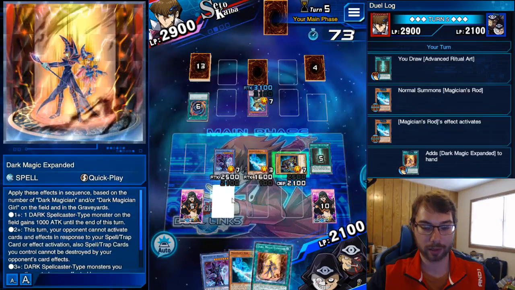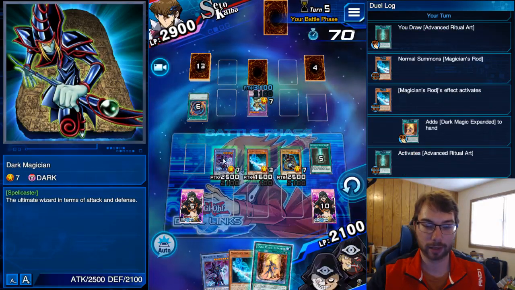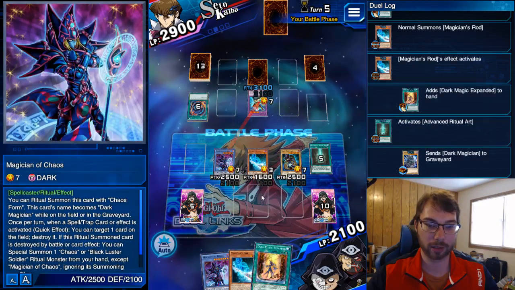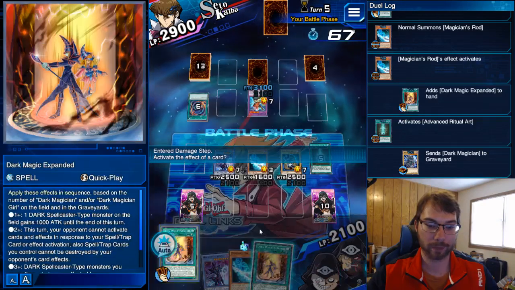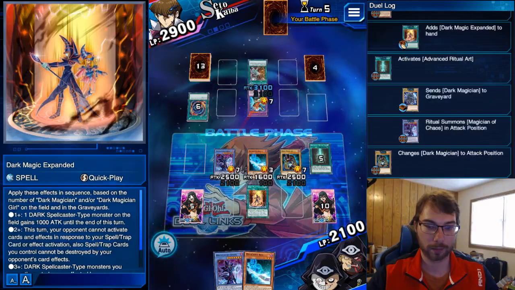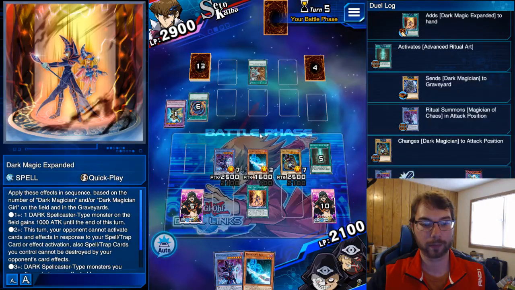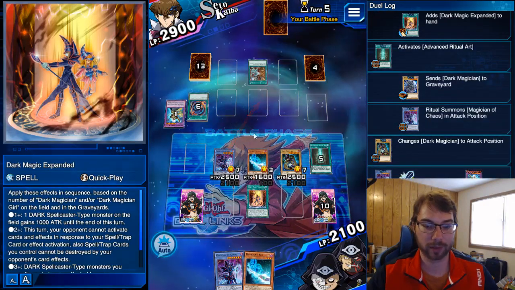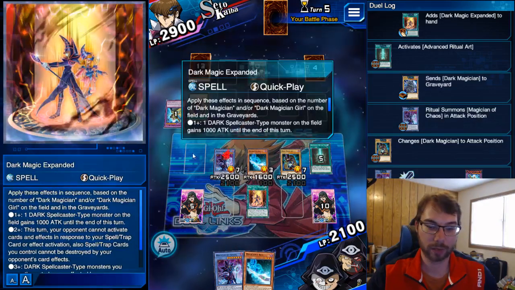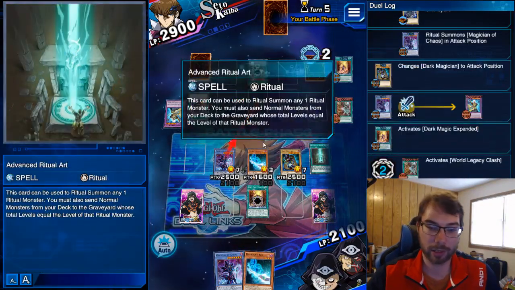So we activate. We're going to change to attack mode, battle, and we are going to. Oh no, it's going to wait for the damage step. That's not good. I guess it doesn't matter. Entered the damage step. World Legacy Clash. Oh no. We still win though, because we still have enough damage on the field. I wanted this to activate in the battle step, was what I was hoping, because now in the damage step, we can't use our...